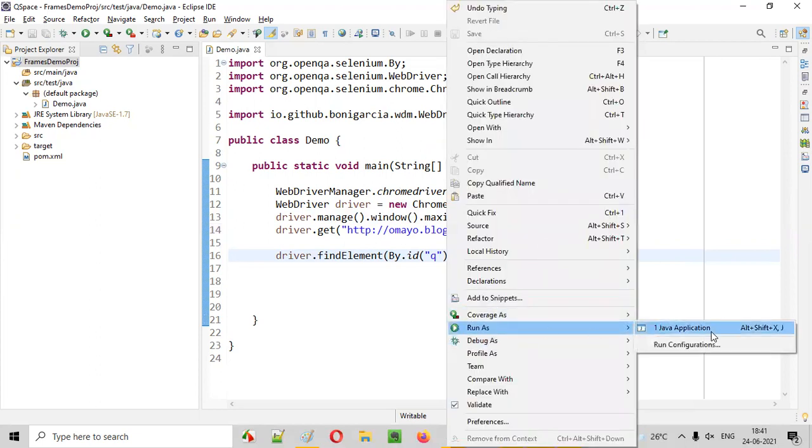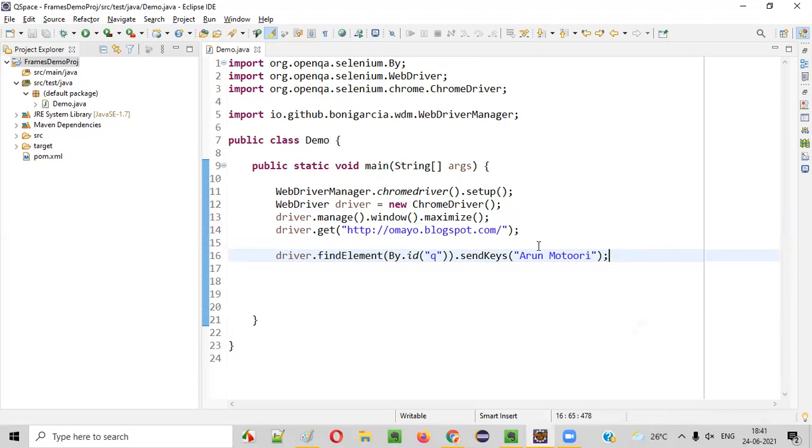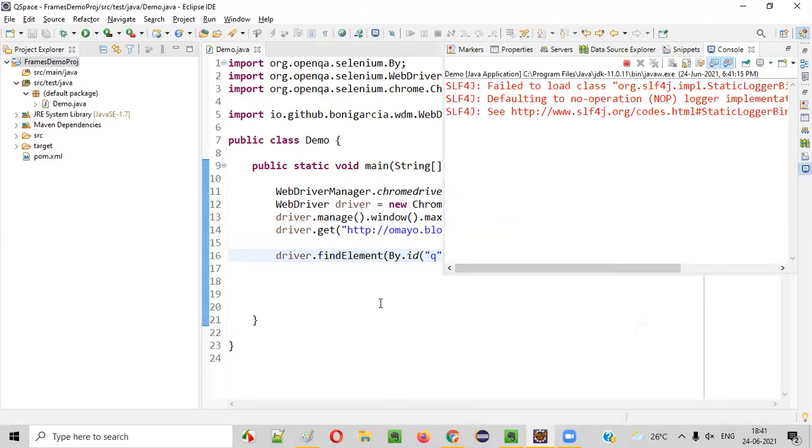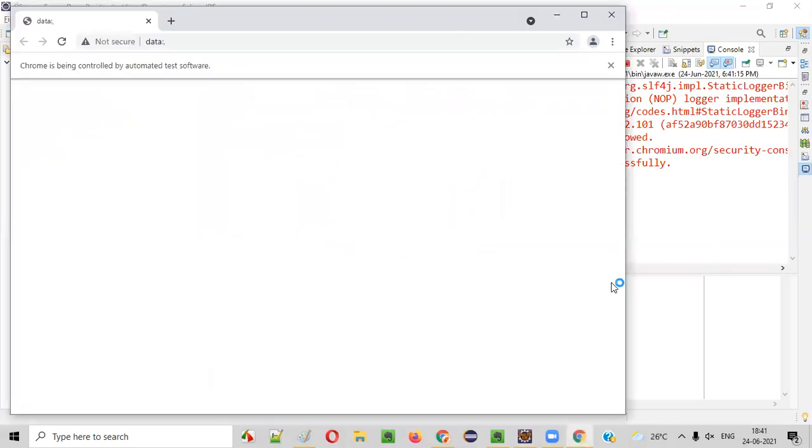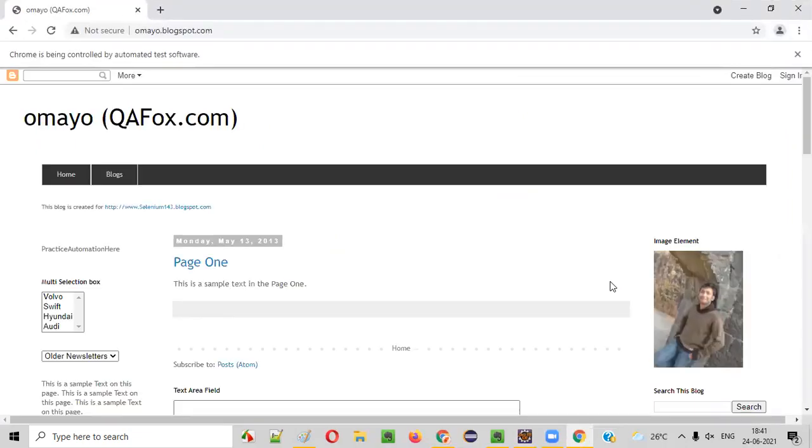It won't work, guys. Okay, I'll show you. You'll get an exception, guys. Beforehand only I'm saying this looks good only. The locator is good, everything is good, but you're going to get an exception, guys. I'm going to explain the reasons for that.